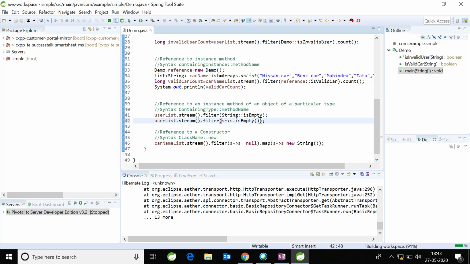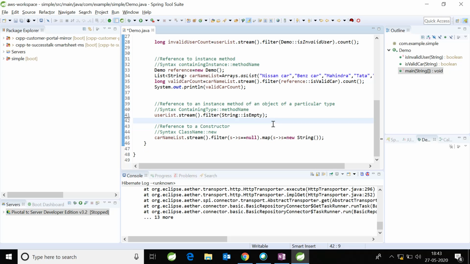Yeah, the original code will be like this. After rewriting this code with the help of method reference, it will look like this. So the containing type here is String, and that's why that method is being called. So this is about reference to an instance method of an object of a particular type.